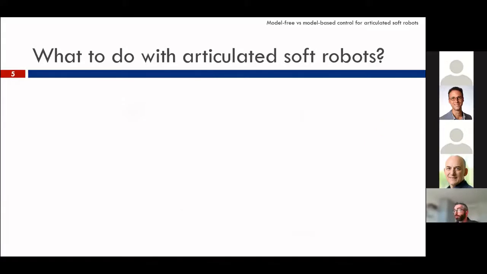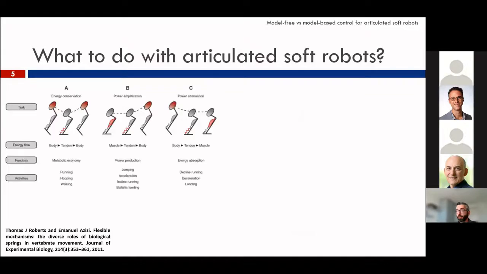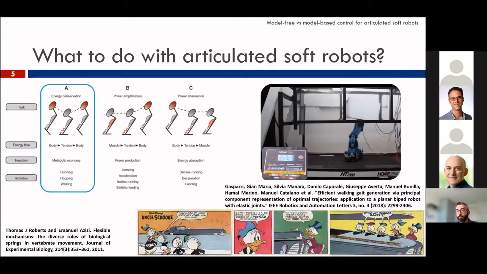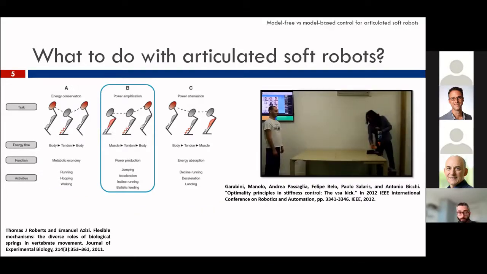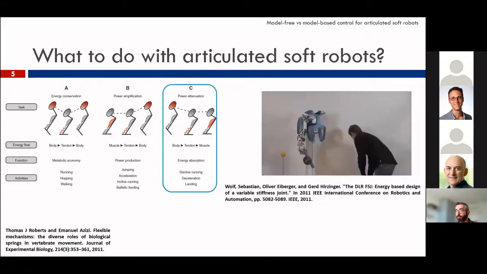So what can we do with soft robots? As I said before, the main feature is probably adaptability, but there are also other beneficial features. As in animals, soft robots can exploit the elasticity of their body to, for example, save energy, so to move efficiently, or to increase the peak performance of the robot, or to absorb shocks.